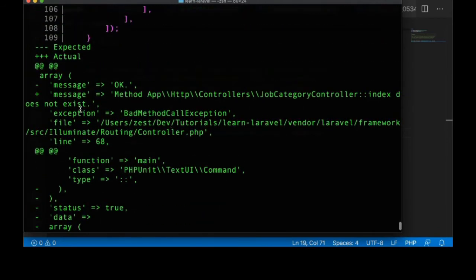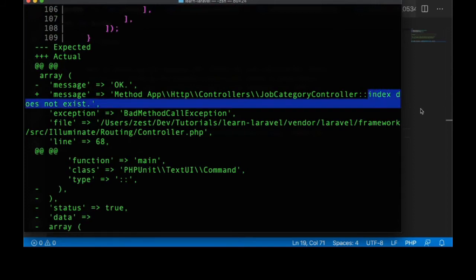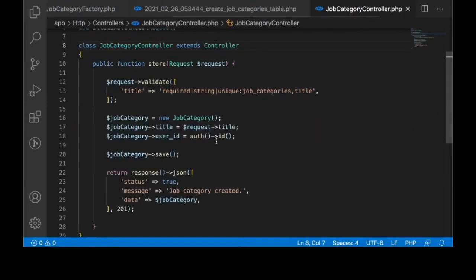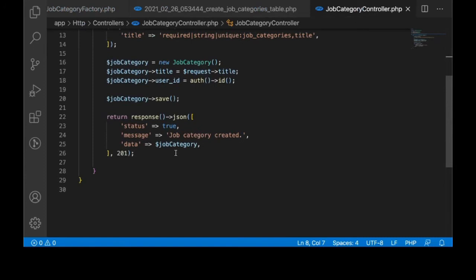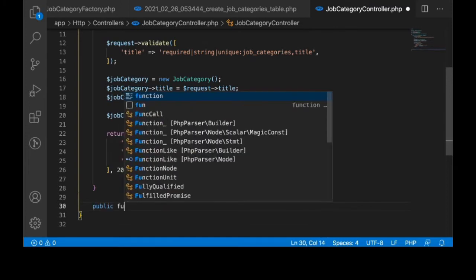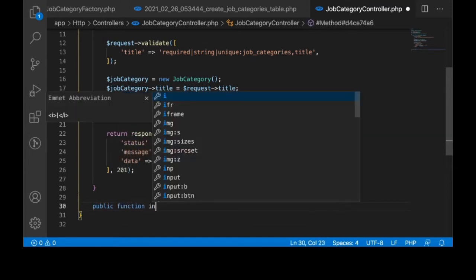This time it says the method index does not exist. Of course, we don't have a method called index in the job category controller. So let's go ahead and create that method. This is going to be a very simple one. So our public function index,